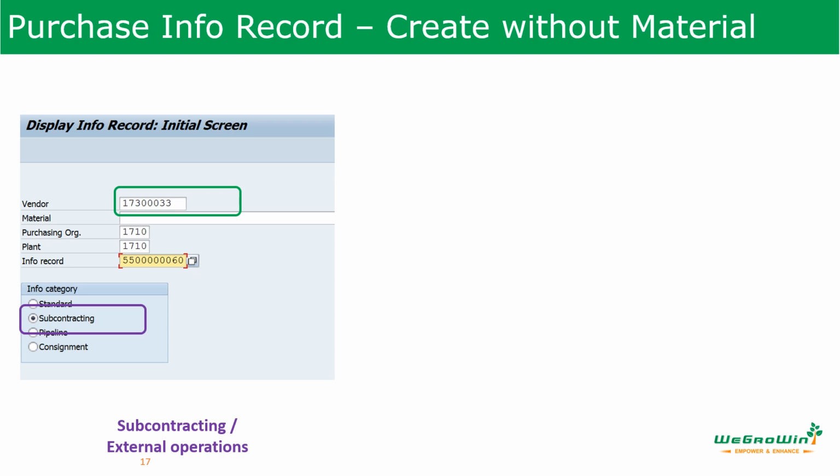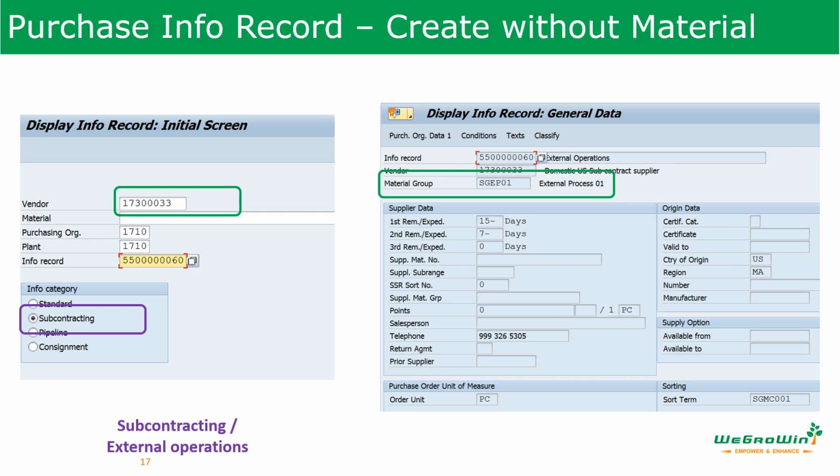Next, we will be discussing creation of a purchasing info record without material number. Here, by simply entering a vendor in the initial screen, we can create the purchase info record. This type of purchase info record is created for subcontracting and external operations. The purchasing info record will be valid for the vendor and a material group, which is a mandatory entry for the